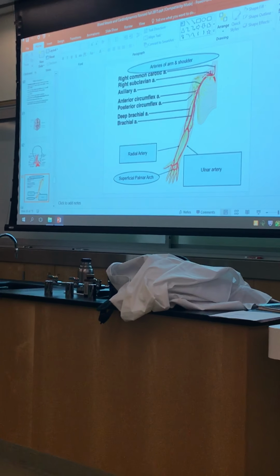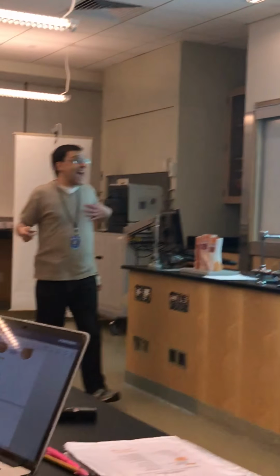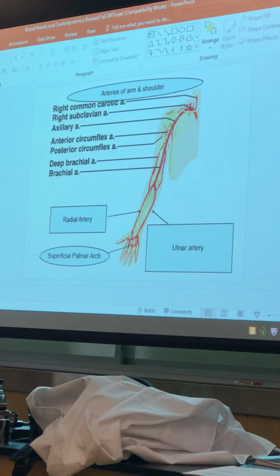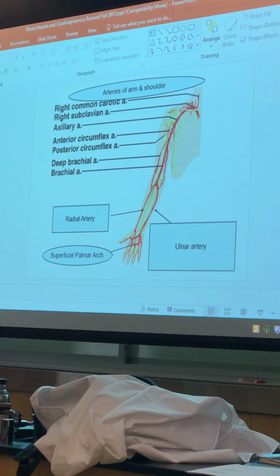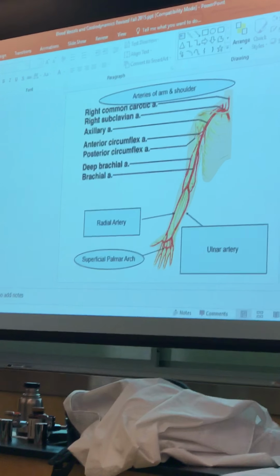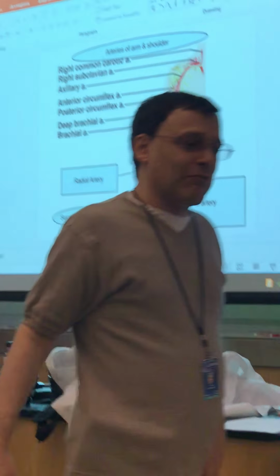Now, here, when we're talking about the upper limb, you're going to go from the subclavian, which is under the clavicle, to the axillary, which is in the armpit. Don't worry about all these other things like circumflex and whatever. You don't need to know the difference between deep brachial and brachial, as long as you know that if it's an artery in the arm, and that's the one you compress for the blood pressure cuff, that is the brachial artery. And then brachial artery